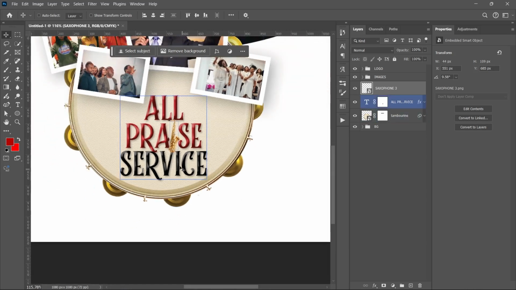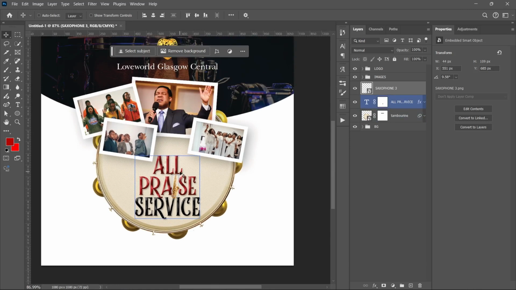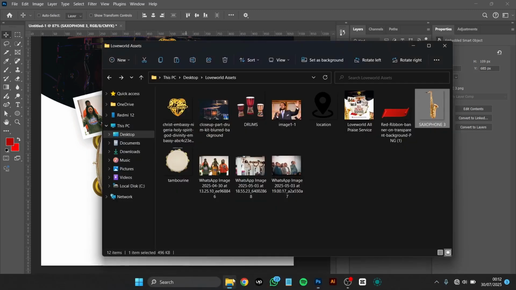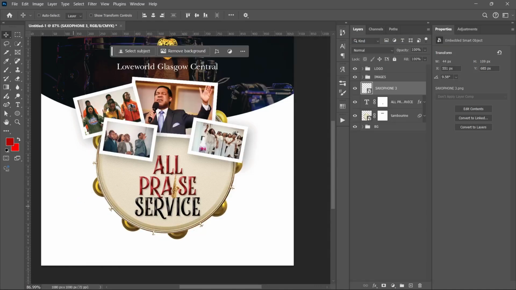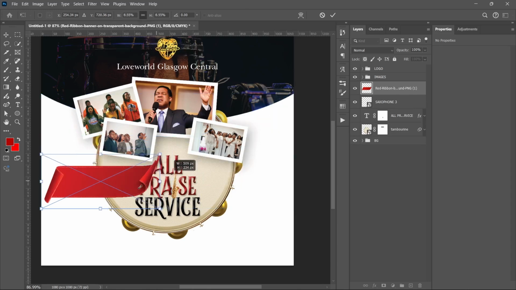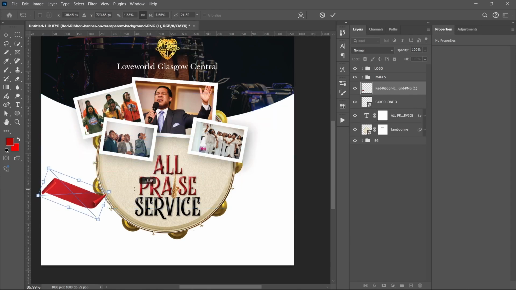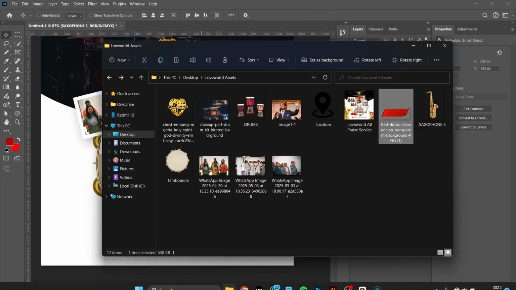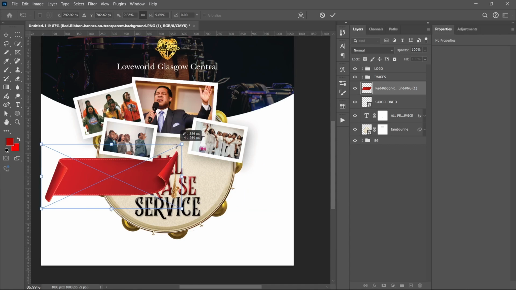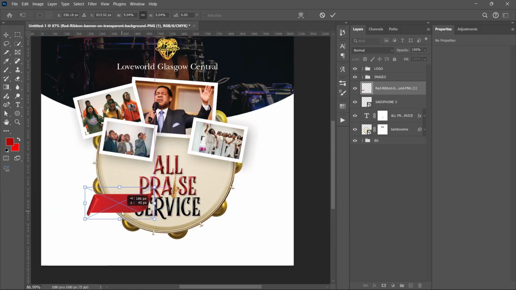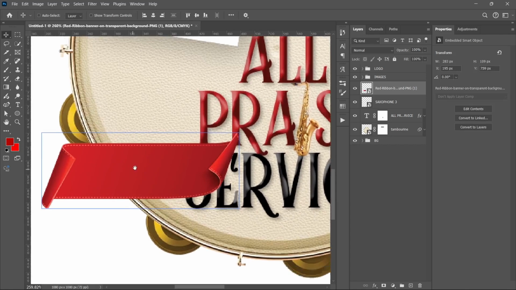So you can see what we have, all praise service. So that is our headline. So the next thing I'm going to do is bring in this red ribbon. As usual, I'll reduce the size. Sorry, I'm going to bring it in again. I'll bring it in, reduce the size, zoom in,